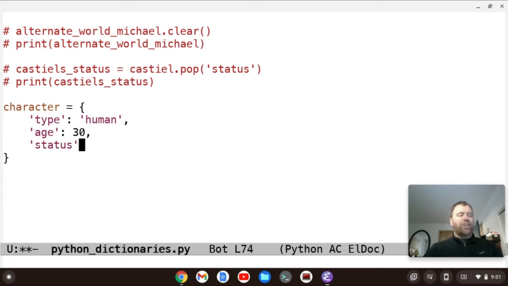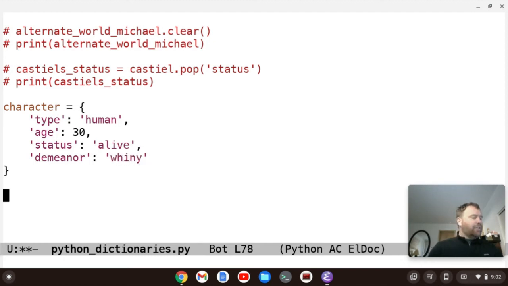Let's say these are our generic variables: status, alive, demeanor, let's just say whiny. So that's our standard character dictionary, and we can create a dictionary from that.